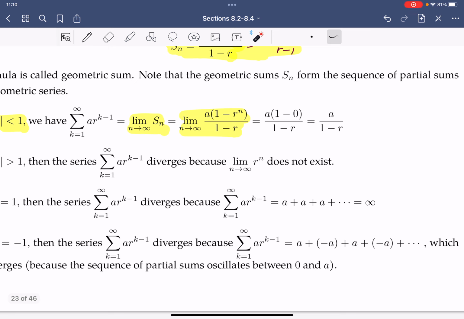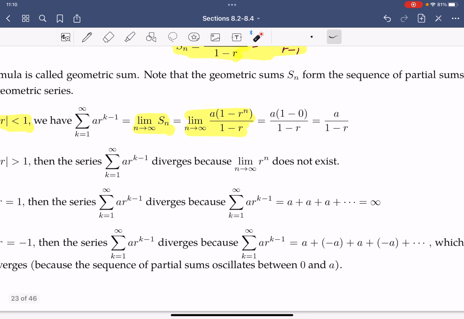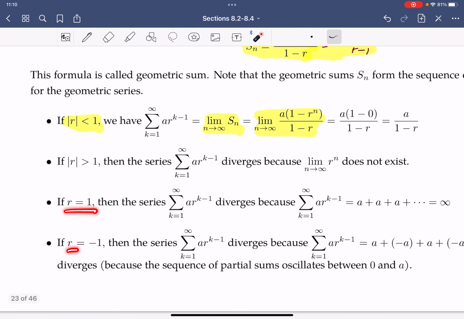0 or a all the time, because you have a and then you have negative a, and it cancels out, so you get 0. Then the next one you add a, it's a again, and then you add negative a, it cancels out again, 0. So it swaps between 0 and a, 0 and a. So basically when r equals 1 and r equals negative 1, they are